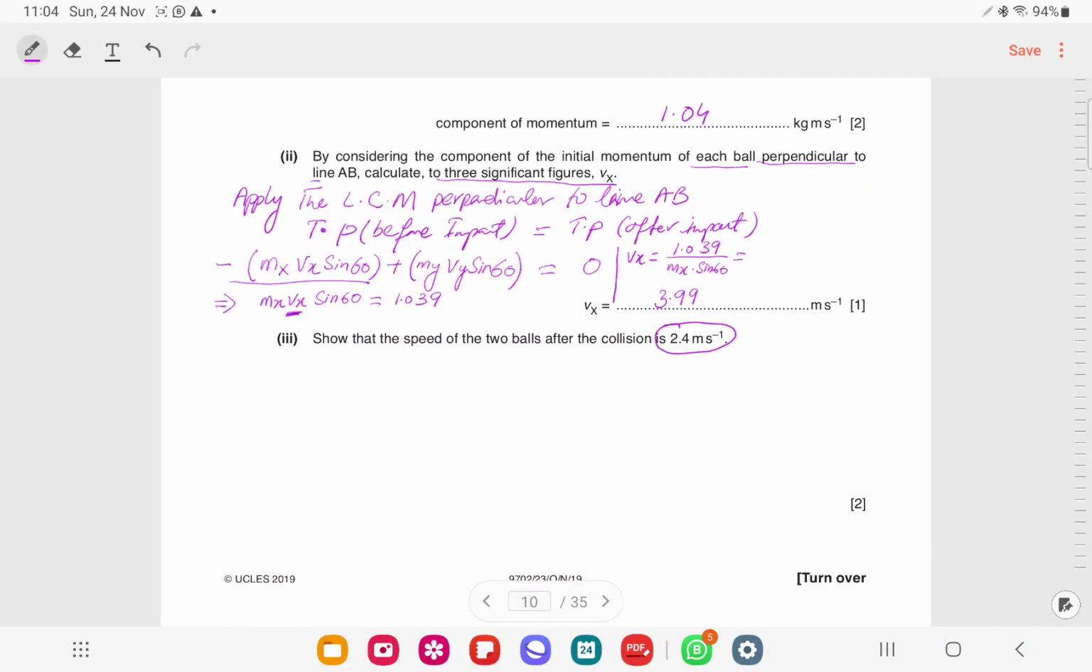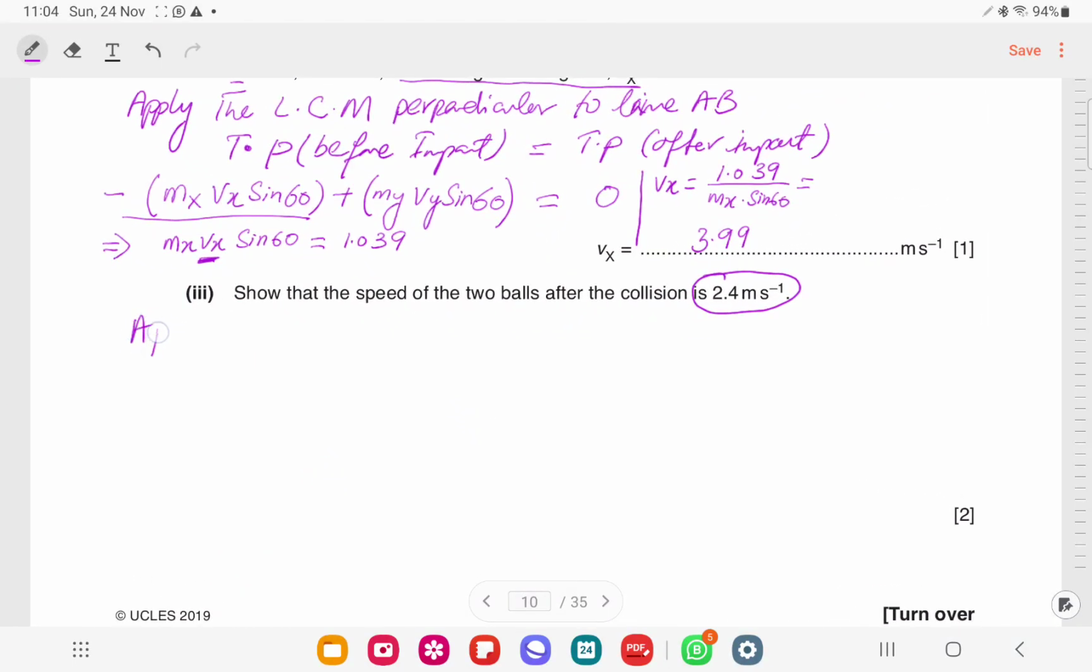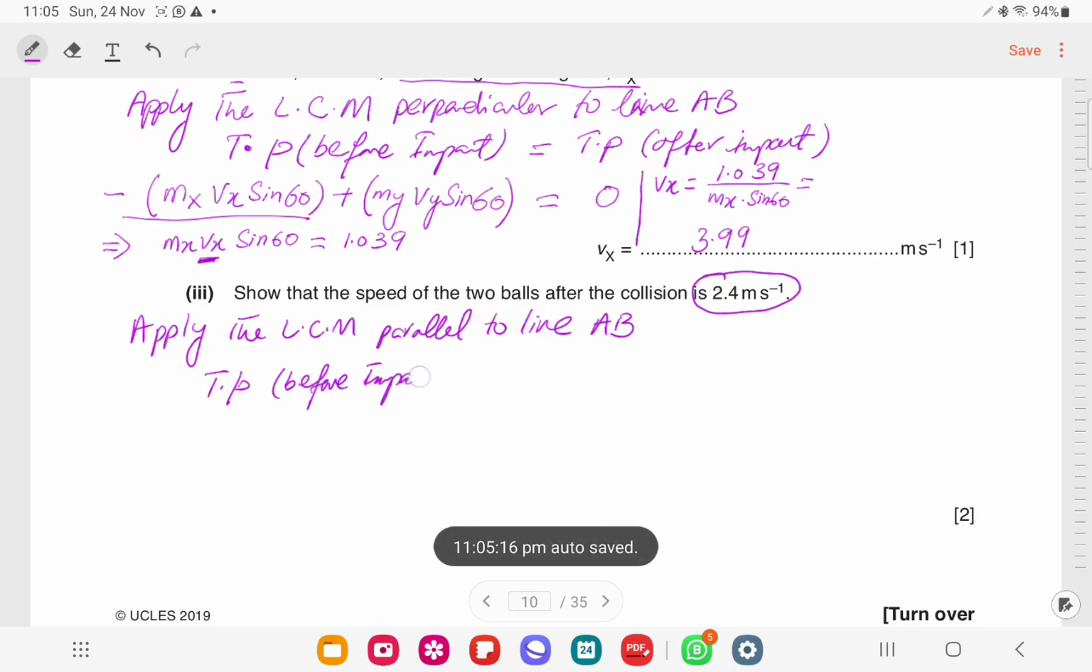So now what you will do, you will use a reference again. Remember, if you are solving a physics question, always use references. That shows a clarity of concept from the candidate side. All right, apply the law of conservation of momentum parallel to line AB. Now in case parallel to line AB, total momentum before impact must equal total momentum